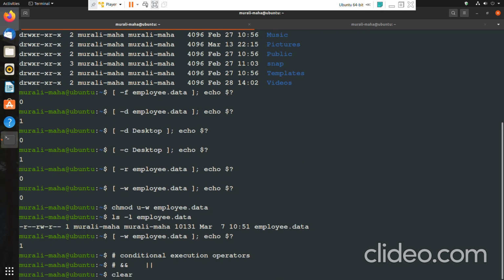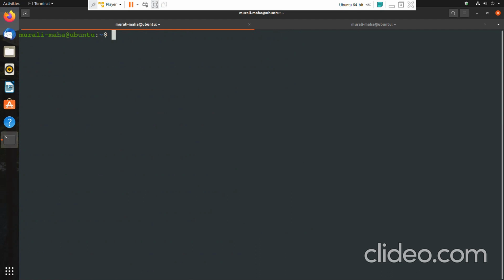For example, I have a requirement where I want to grep for a pattern in a file, and if the file has at least one matching pattern, I want to take an action. If not for the conditional execution operator, you would need to do it with the help of the if condition.